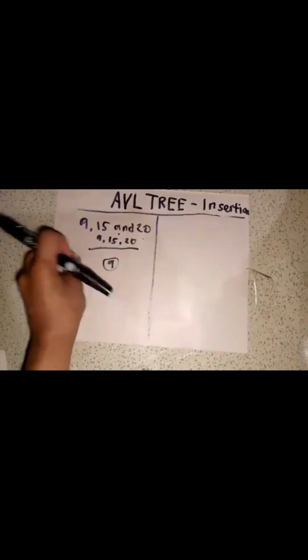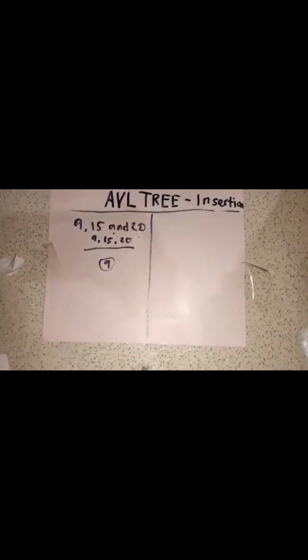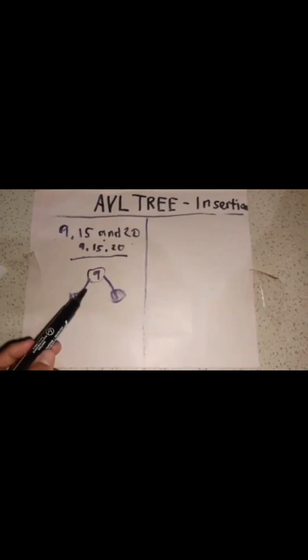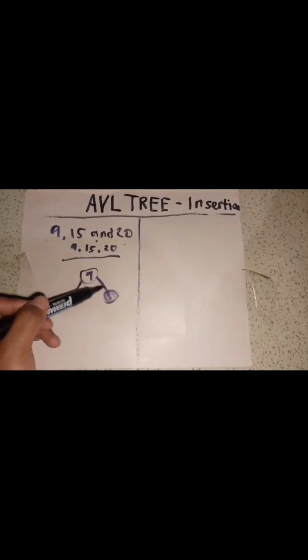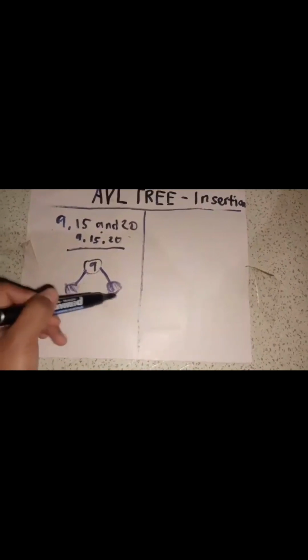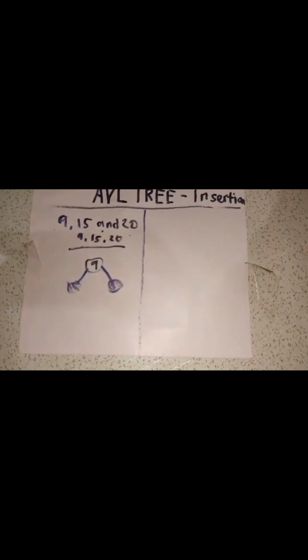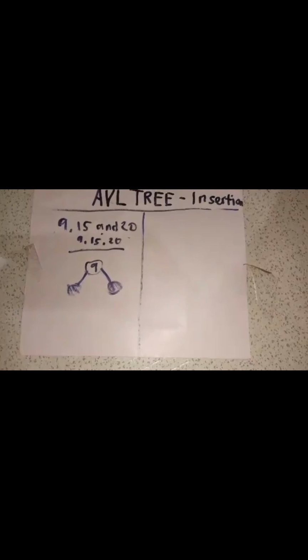So let's start with 9. Currently, the AVL tree is empty, so I'm going to make 9 my root. This is the element that we have added so far. Let's extend it to the external nodes. I'm indicating external nodes as shaded nodes. Now that we have inserted 9 as we would in a normal binary search tree,